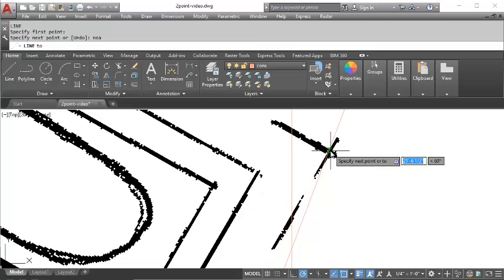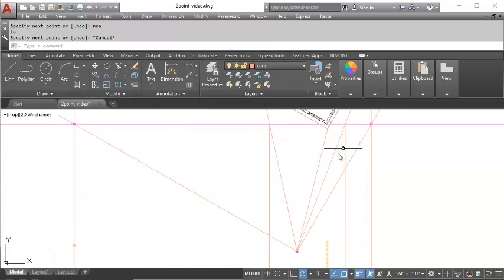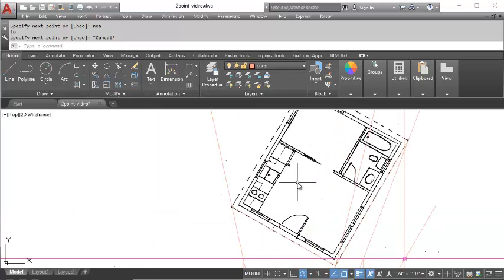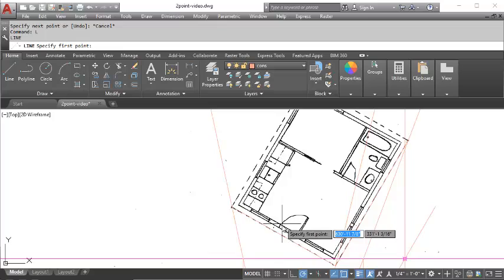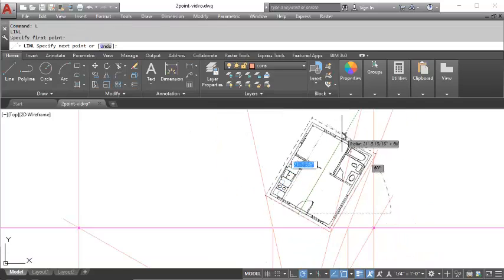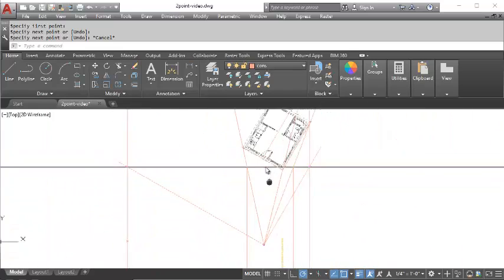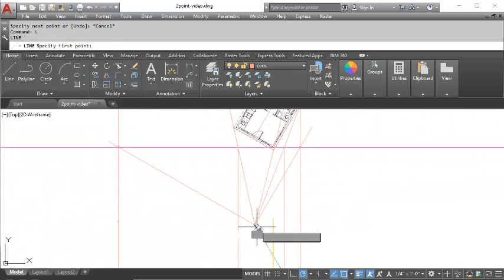I'm going to have to use nearest again to get that to be in the right place. Okay, so that sets up what we need for a reference for the midpoint of this line. So I want to draw a line from the midpoint back, and then using that point there, I'm going to transfer that through the station point,